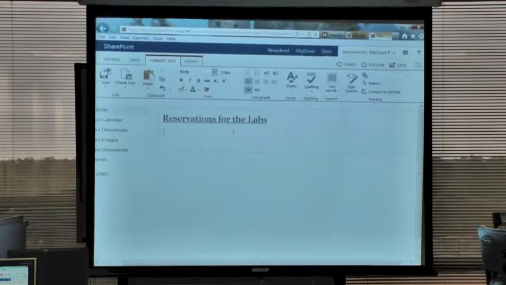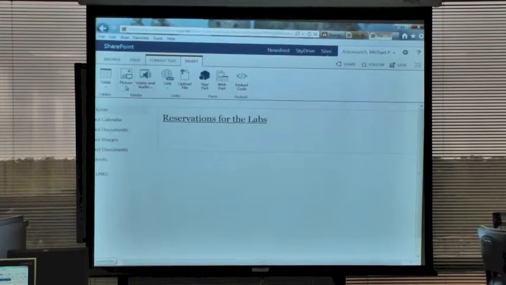Now, as I said, we only have one content area, and that's the default. And some people, that's okay. They'll deal with just a single content area because there are some tricks that you can play. If you remember the old style way of creating web pages, instead of just working with the page directly, you would come up to the insert ribbon. There it is. Come up to the insert ribbon, and these are things I can insert inside the content area. I can insert tables, pictures, videos, links, and then the various web parts